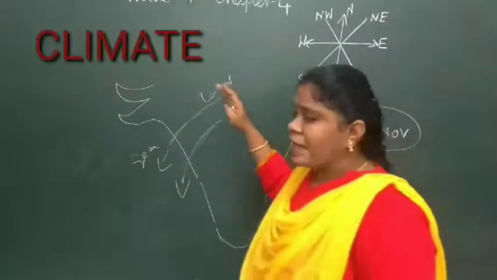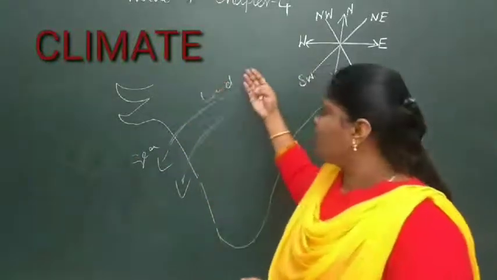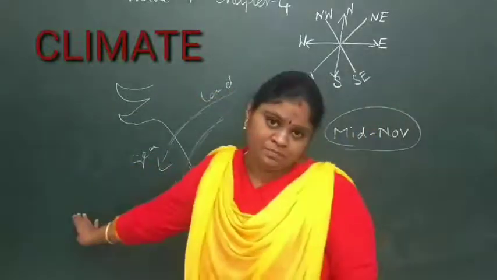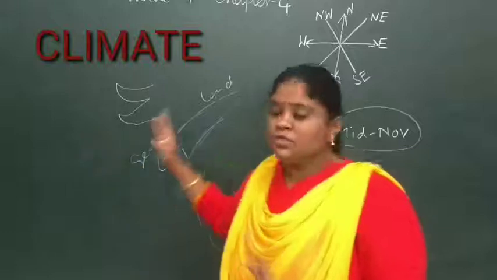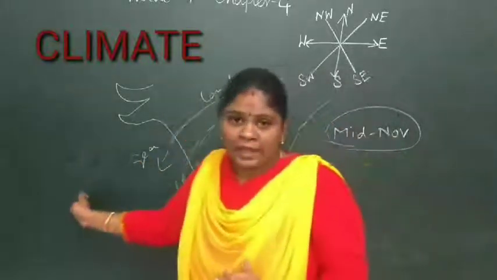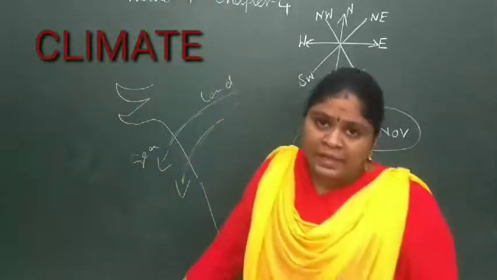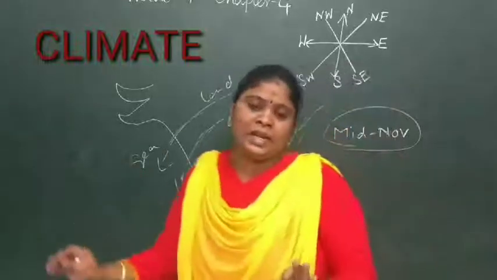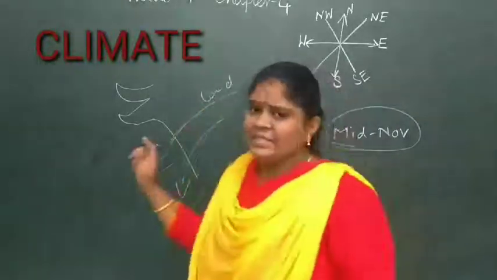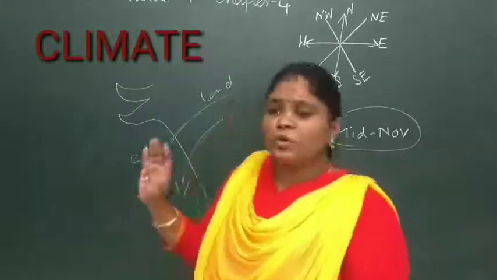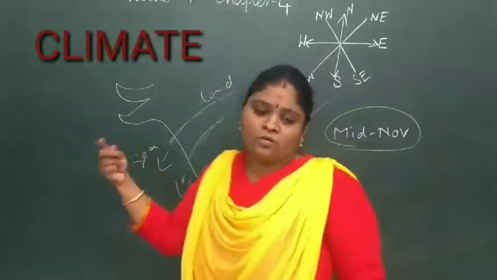But what happens here is that it is moving from the land to the sea. This is called the leeward side movement of the air. So this leeward side movement of the air will be very dry. It will have only dust particles. It will have very little moisture content in it. And this air will not be that good for common people.